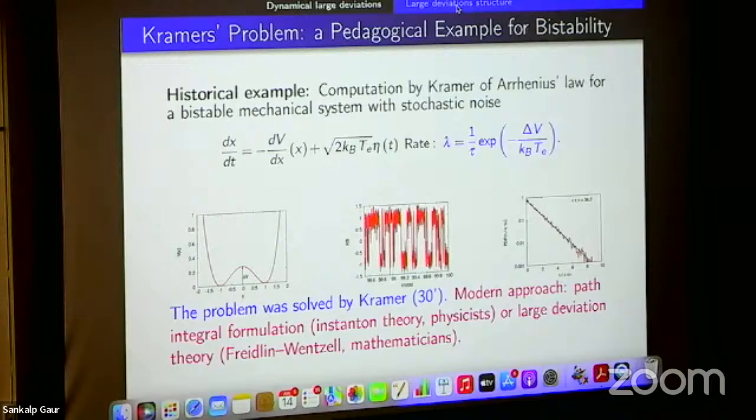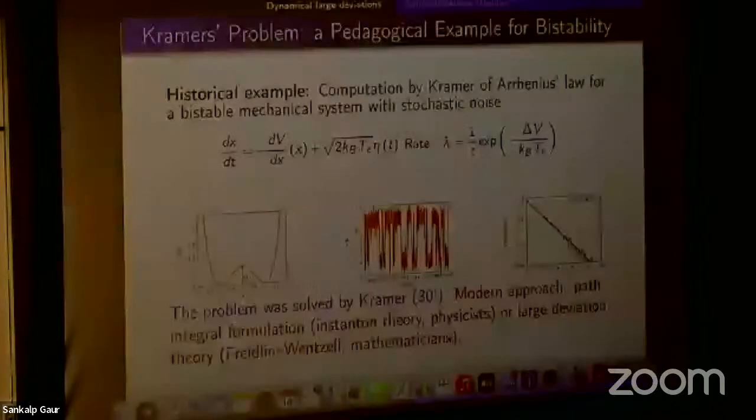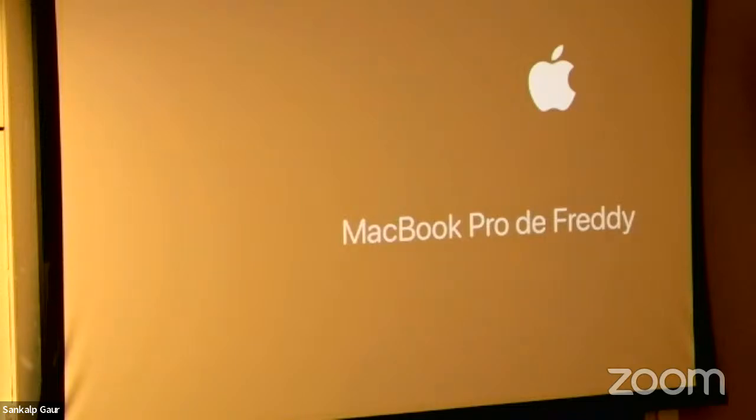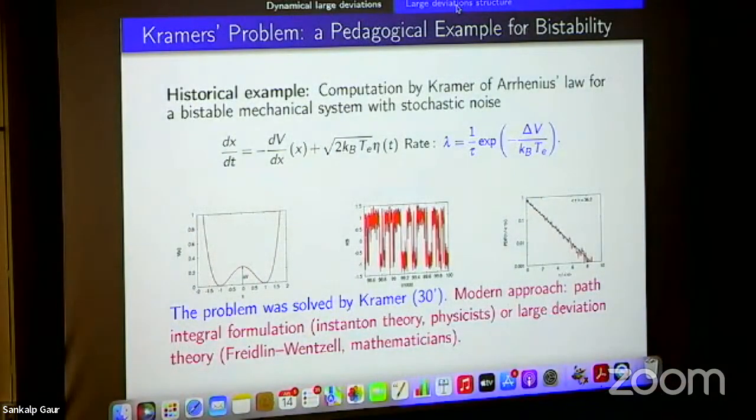Okay? So what Kramers did is to write the Fokker-Planck equation for this problem. And then for this Fokker-Planck equation, he made some asymptotic analysis, just like we do often in fluid mechanics or in many other fields. So much asymptotic expansion and so on and so forth. And he derived the rate. And so these kinds of expansion have been generalized in the 60s and 70s, for instance, by Langer and others, in cases for which the dynamics is not in dimension 1, but in dimension n, where n can be anything finite. And so what I want to show you today is that a more modern approach is to use